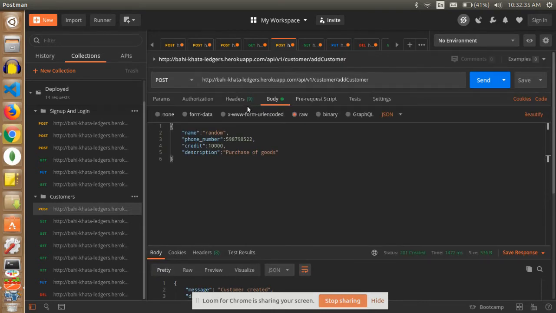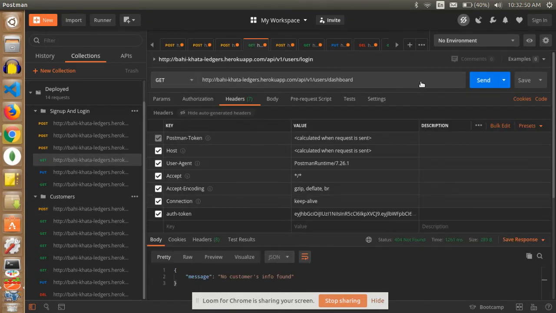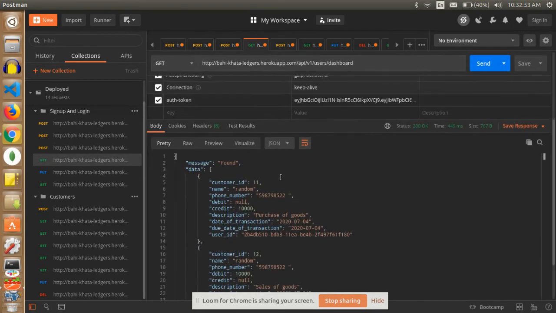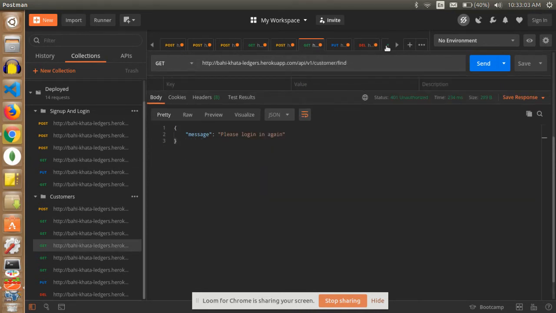I will create another customer with debit, and it will be sales of food. So here the two customers have been created. One has a debit balance and one has a credit balance. If I go to the dashboard, the user can see both customers' details.